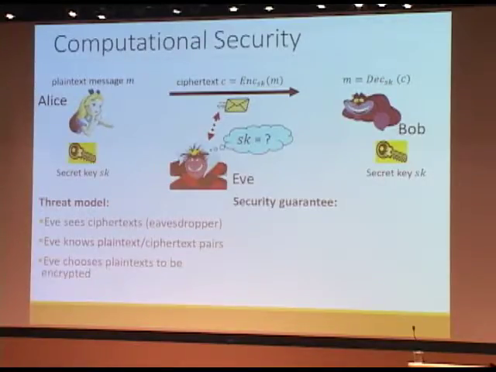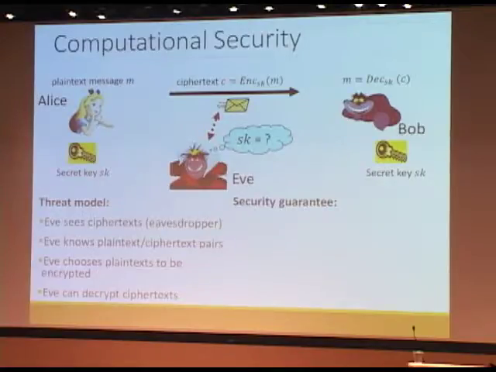Or even more powerful, she might be able to adaptively ask for plaintext to be encrypted. So using the same key, she could just ask Alice, well, what is the encryption of this particular message, and see the ciphertext. And it should still be secure, so that if you see an encryption of a new message under the same key, you should not know what it is. And even more powerful would be an Eve that can even ask for decryption of ciphertexts. So even if you're allowed to ask some decryptions, you still should not be able to know what a ciphertext is without explicitly calling this decryption oracle. So these are things that people actually do study in classical cryptography.